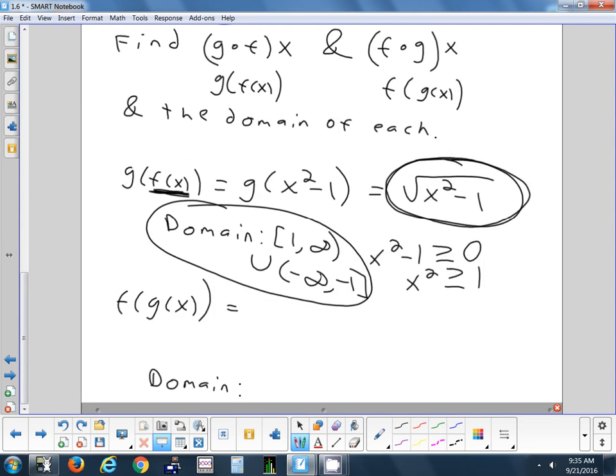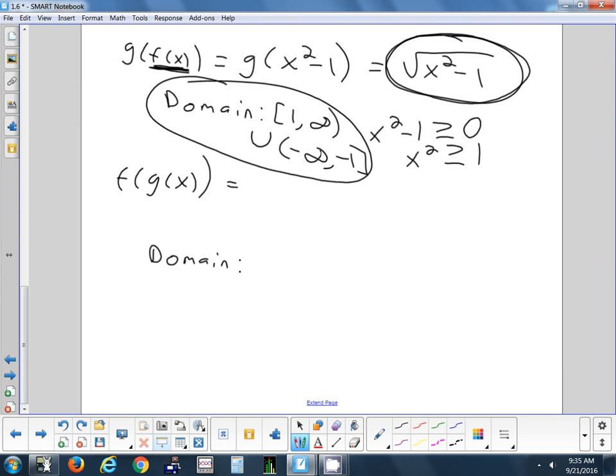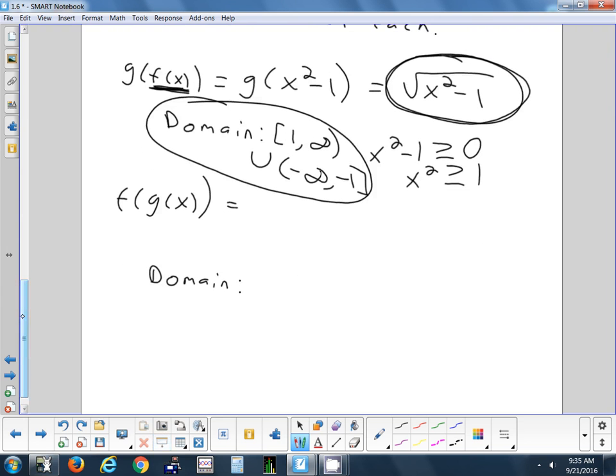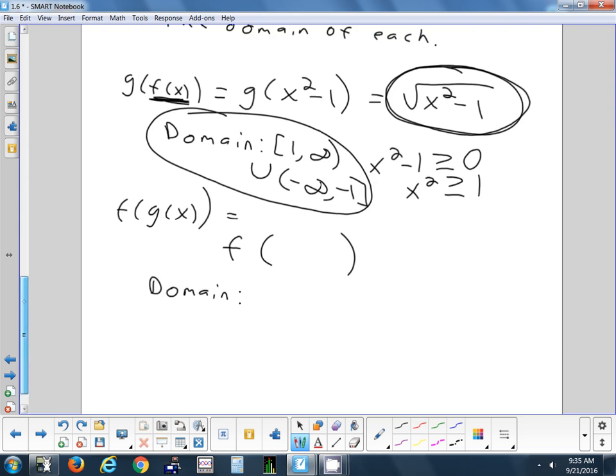All right, let's switch it around the other way and find the domain. So I'll find f of g of x. That's f